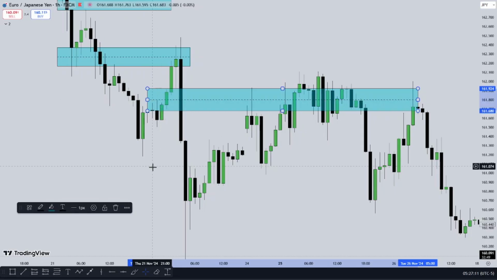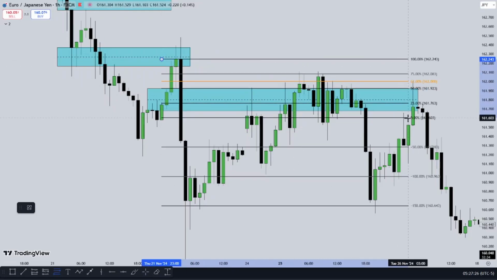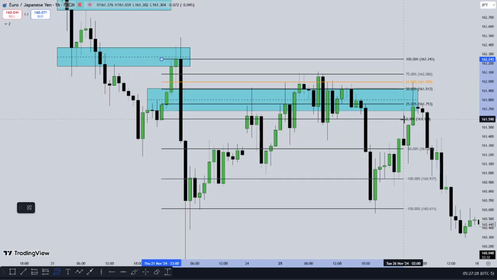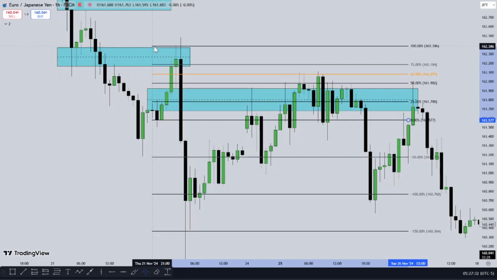Now you can see how using multiple time frames and understanding the narrative helps you. That was the reason price traded deep into the order block from the 4 hour perspective. But if we were to use the fib to measure the 4 candle order block, you will see that price traded to the 50% range, resisted from the 50% range, and started trading lower. So understanding